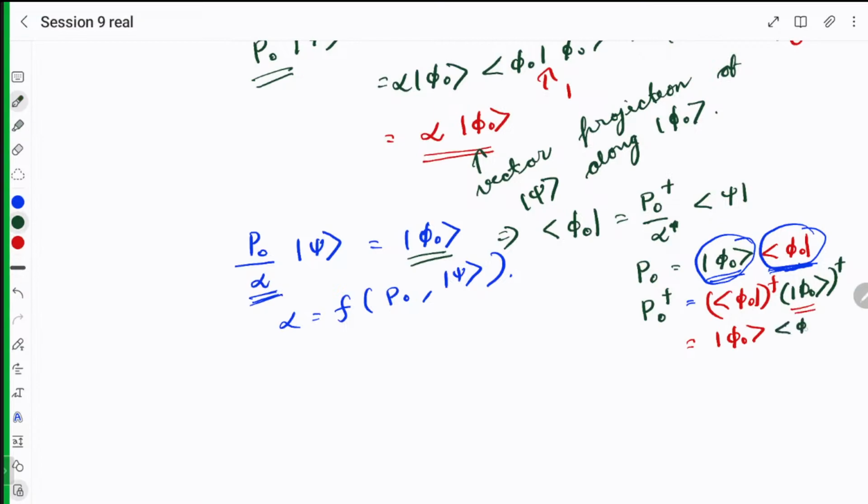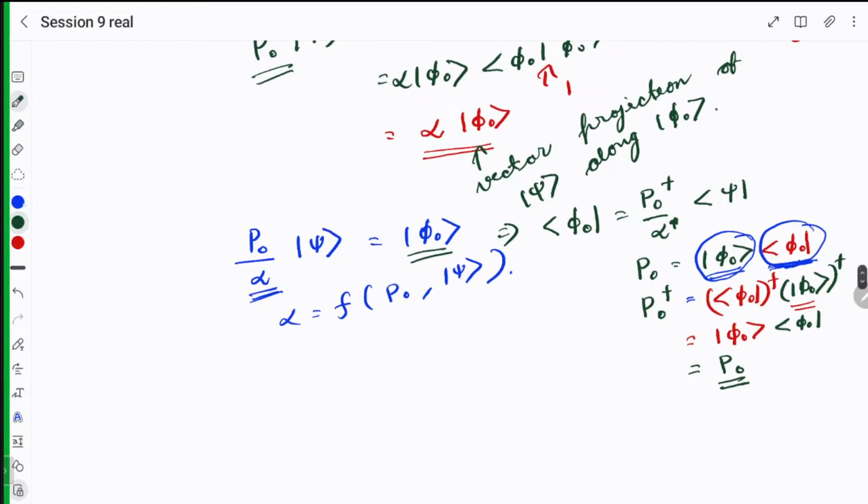Maintain this, so bra phi naught. And you can see that P naught dagger is nothing but P naught. Okay, so basically I can also write from here that